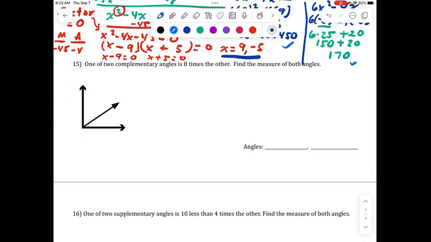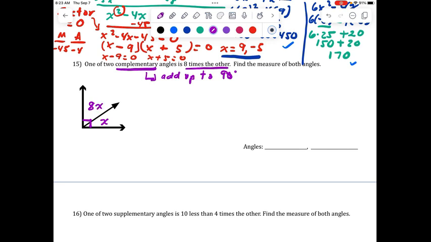Number 15, one of 2 complementary angles. Let me just stop right there. Complementary means angles that add up to 90 degrees. So that means in my picture, these 2 angles together form a right angle, or 90 degrees. So one of 2 complementary angles is 8 times the other. So I don't know what either angle is. So I'm going to call one of the angles x. And if the other one is 8 times as large, or 8 times the other, I'm going to call this